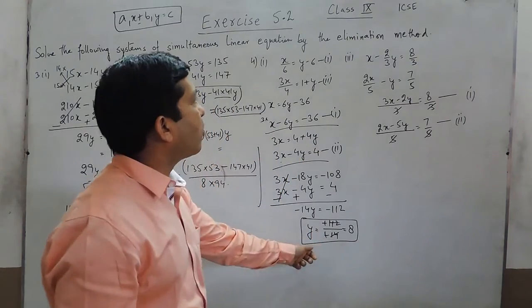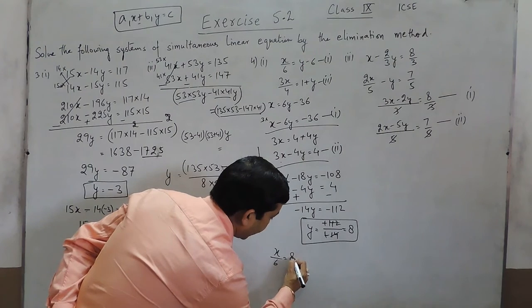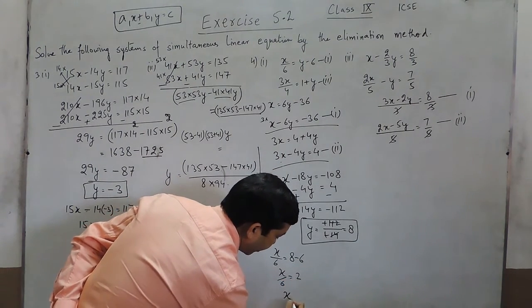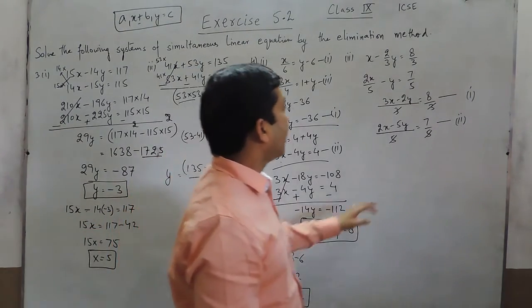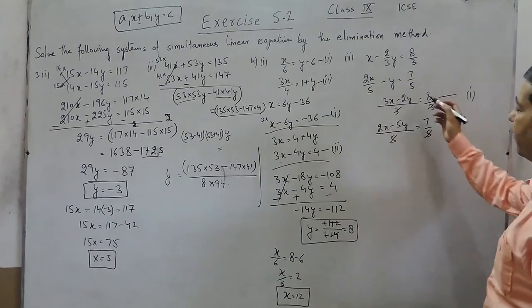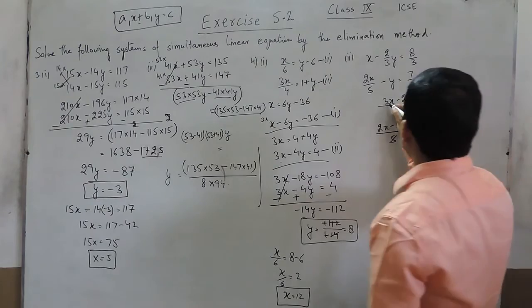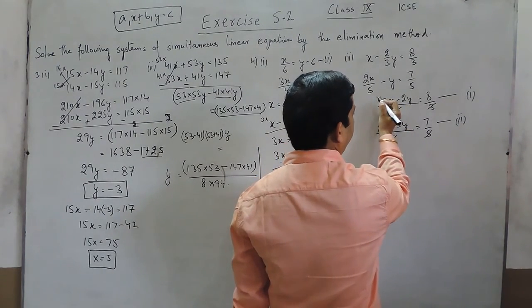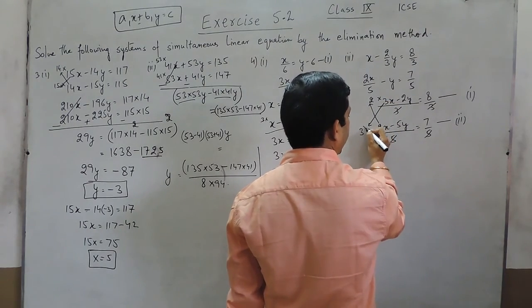Again, if I put the value 8 in the first equation, x upon 6 will come out to 8 minus 6, or x upon 6 comes out to be 2, where the value of x becomes 12. Again, in this equation, we have already written the first and second equation in the format. Here the coefficient of x is 3 and the coefficient of x is 2, so we multiply this by 2 and multiply this equation by 3.